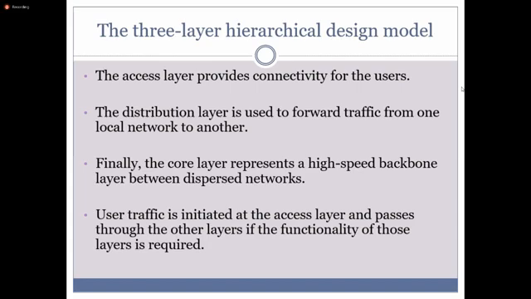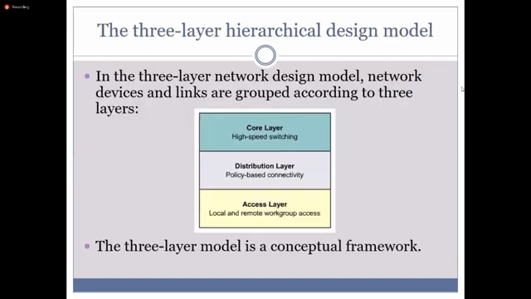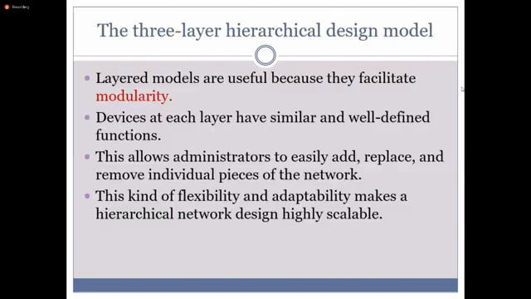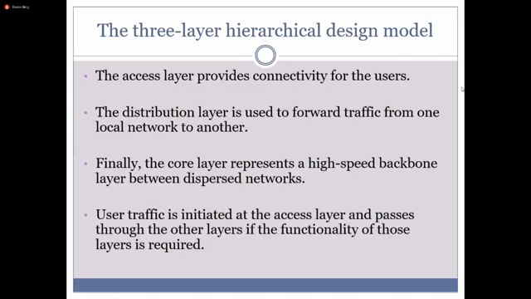The distribution layer is used to forward traffic from one local network to another. That means policy-based connectivity is made by the distribution layer. Finally, the core layer represents a high-speed backbone layer between different networks.